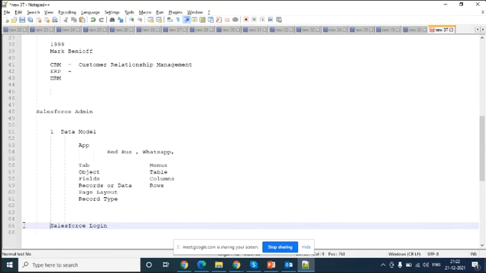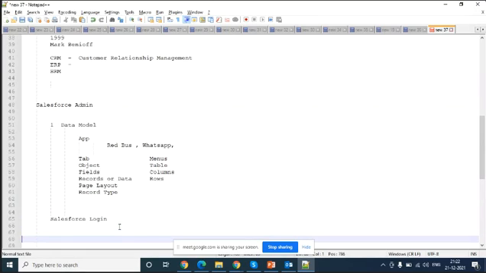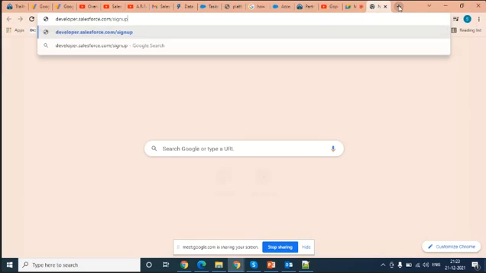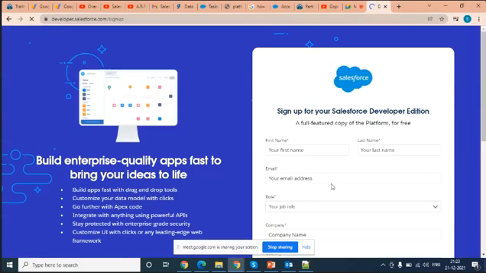To get a Salesforce login, we need to create an account, a practice account. You can go to developer.salesforce.com and sign up. When you use this URL, click and enter, it will come like this.